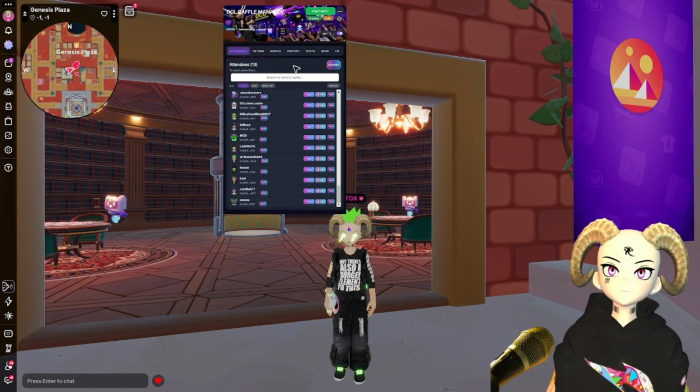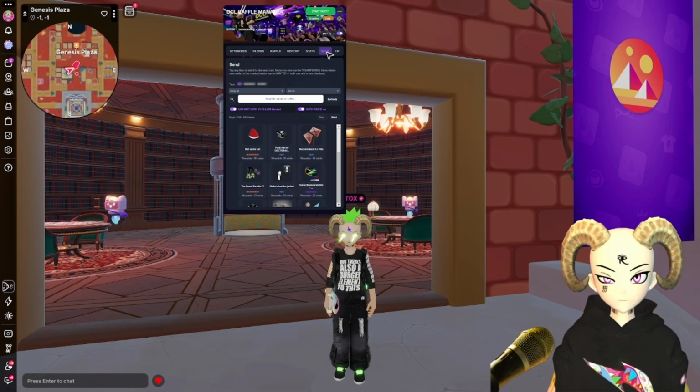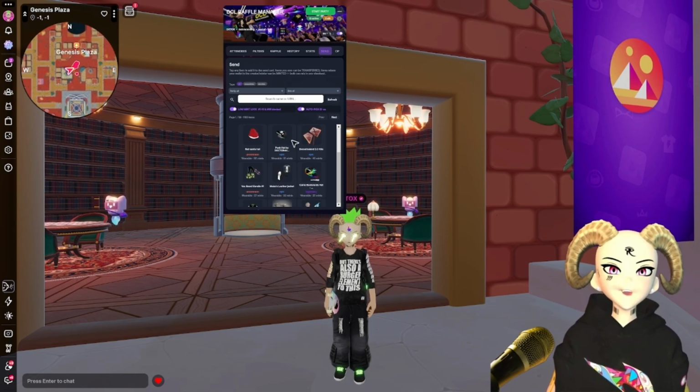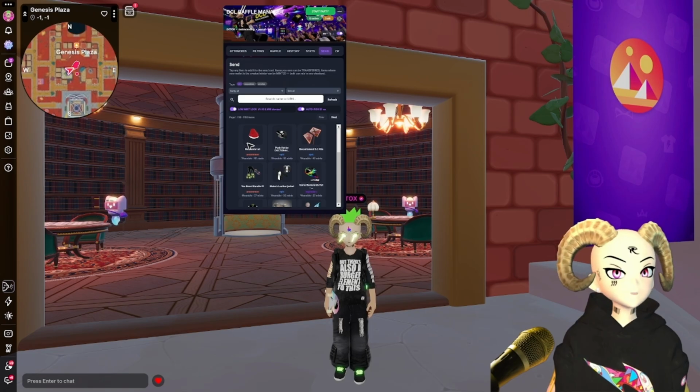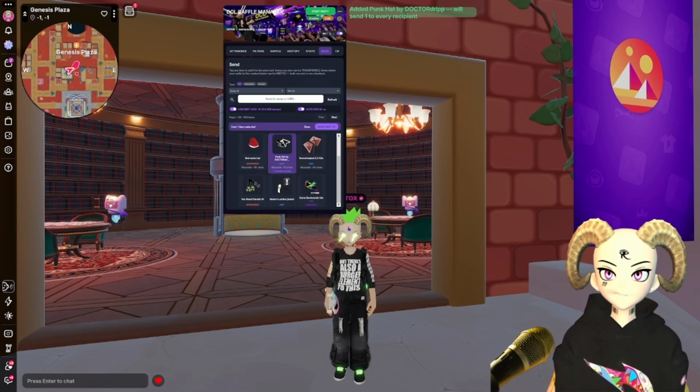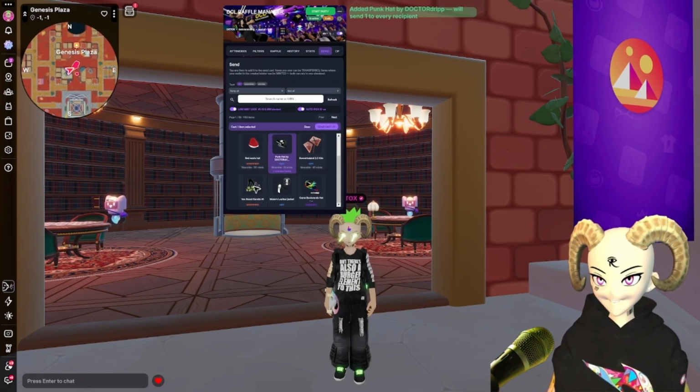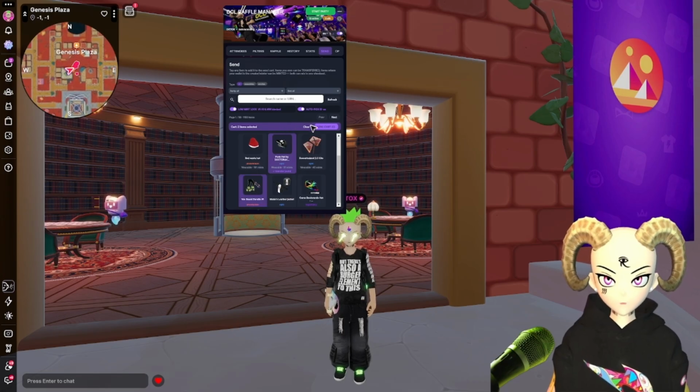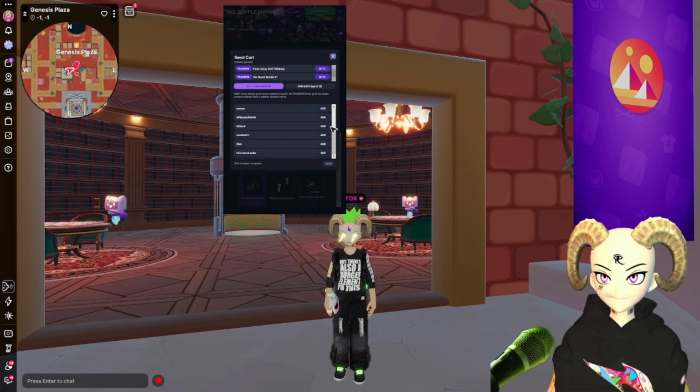One cool thing about the Raffle Manager is you can send wearables and emotes manually using the Send tab. It does scan your inventory, and it puts the items that you have the most of at the top. You can click multiple items. I'm going to click Punk Hat and Voxboard Bundle 1, and it creates a cart. So I'm going to click Send Cart, and there are 2 options. You could send all to one person, or you could send one of each